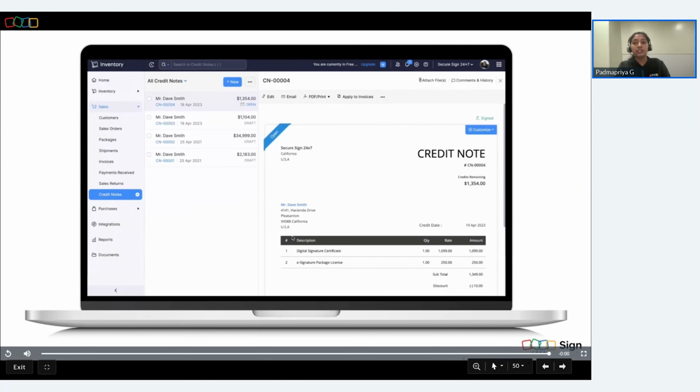Now, Rajiv will take you through how you can collect payments and signatures from your customers in the same workflow. Over to you, Rajiv. Thanks, Priya, for walking us through how you could integrate Zoho Sign with Zoho Books, Invoice,